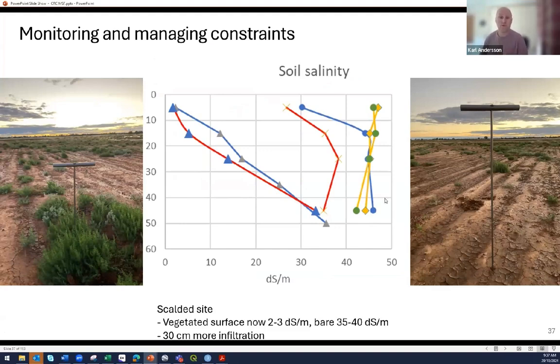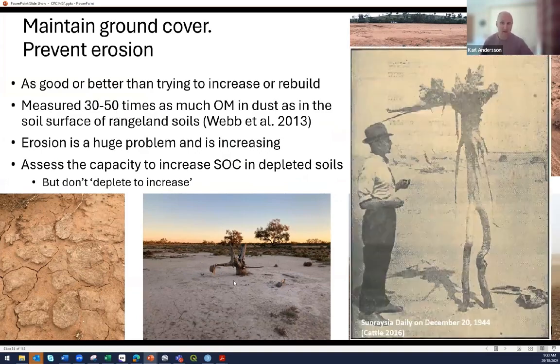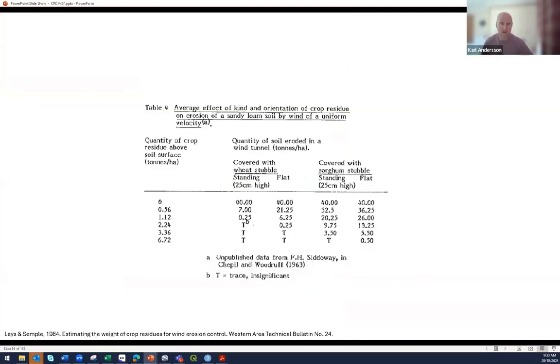We want to minimize erosion, minimize losses. You see them. This stuff loses our topsoil, which is the best material. And not just that, but the material in the dust is enriched because organic matter is so light. It's really selectively moved, and a huge amount more gets lost in the dust. So protecting the surface is really key. And we don't want to end up like that.